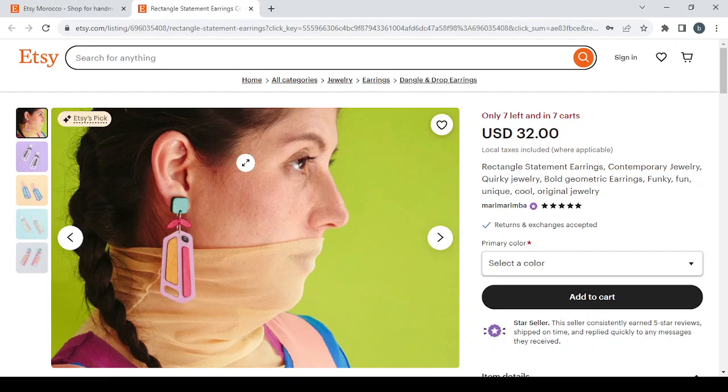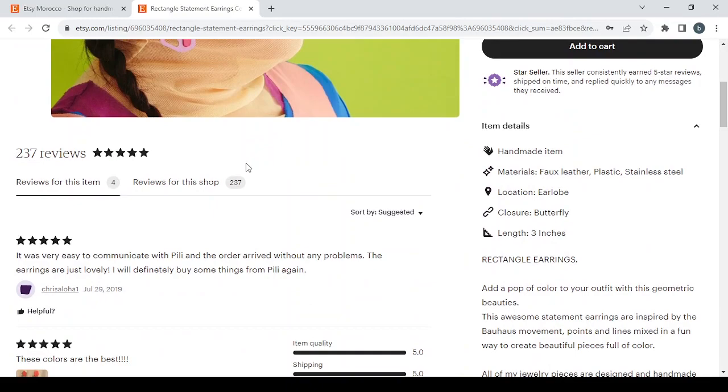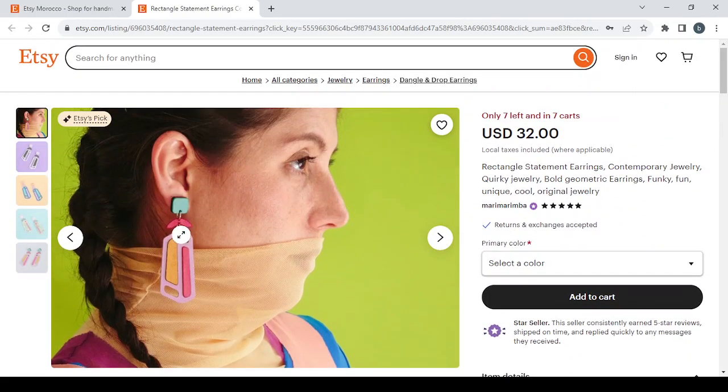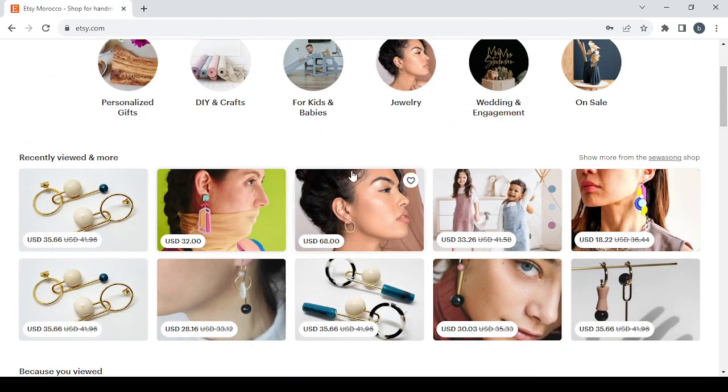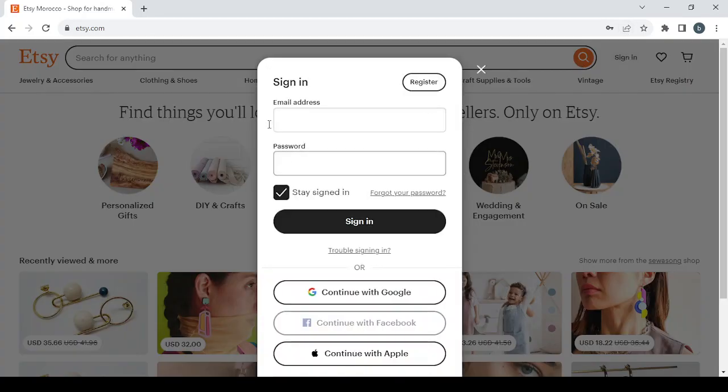And also, not just can you create your shop page, you can also shop from this platform. As you can see, if you see any product that you would like, or if you are looking for any products, you can just type that in the search bar. So let's get into it by clicking on the sign in button to create our new account by clicking on register. And if you already have an account like me, just click on sign in